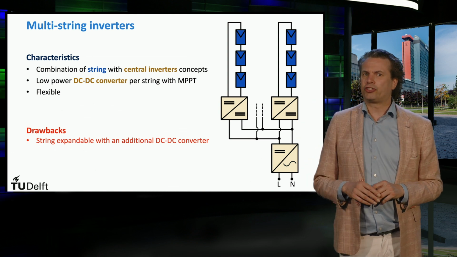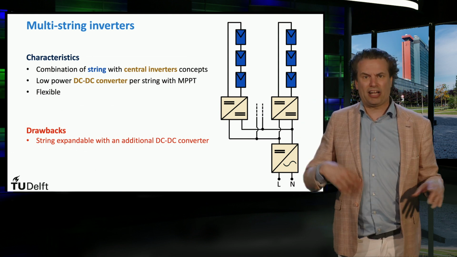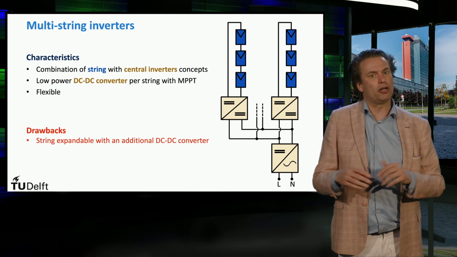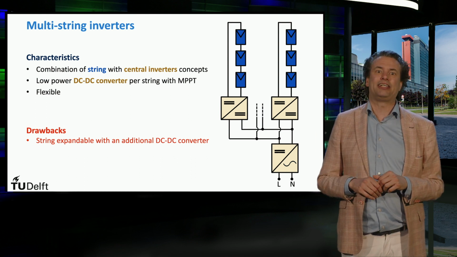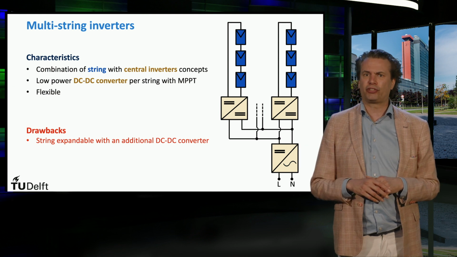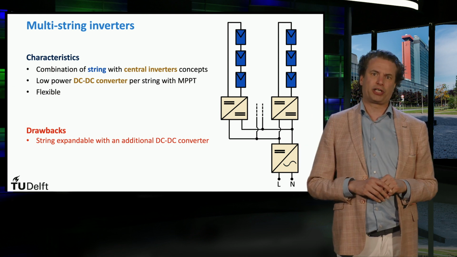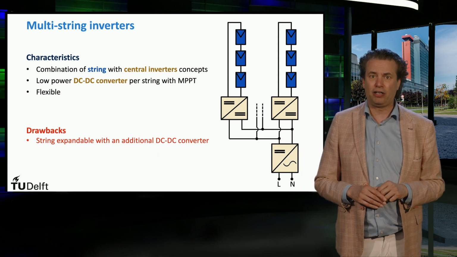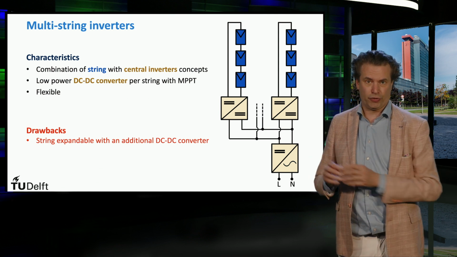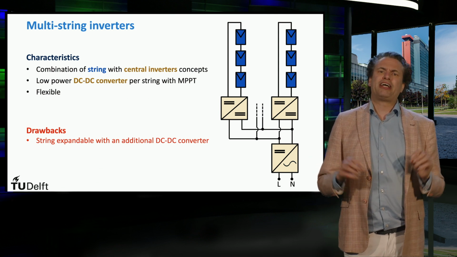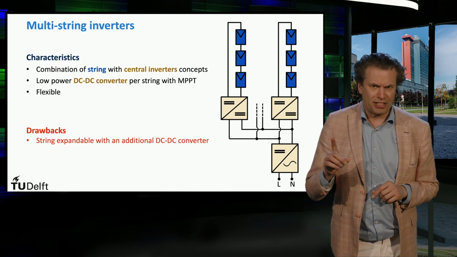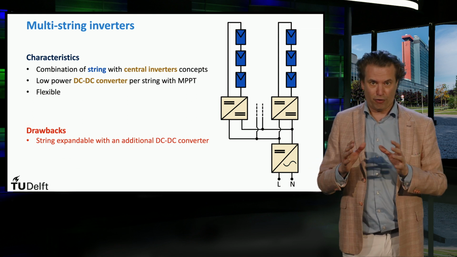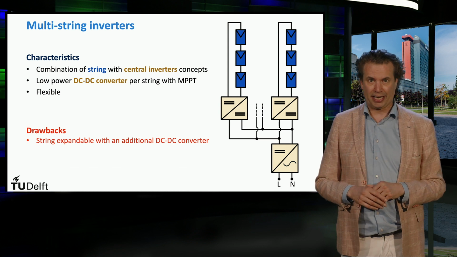The multi-string inverter architecture is a hybrid between central and string inverters. Here, an optimizer box is attached to every string and it contains a maximum power point tracker and a DC-DC converter. The DC to AC conversion instead is shifted to a power electronic unit just next to the grid. So all the string optimizer boxes are connected in parallel to each other and then to the central inverter. It is important to note that if the DC input voltage of the central inverter is outside the specified input range, then the current is altered such that the voltage falls within the acceptable range again.